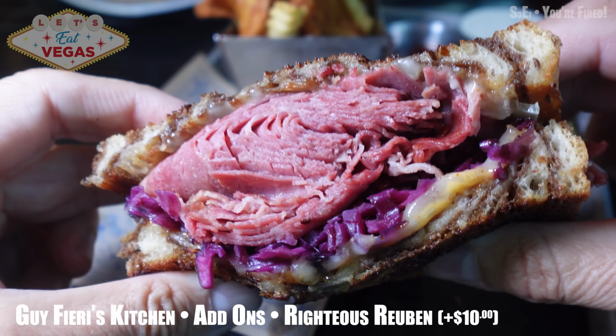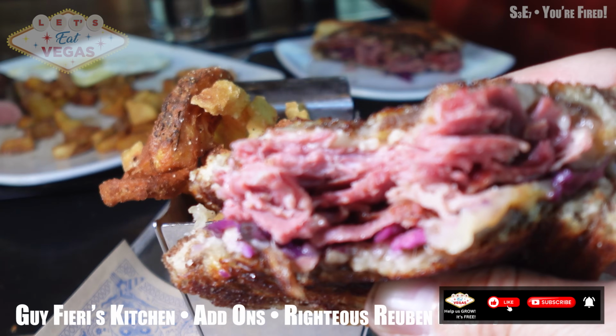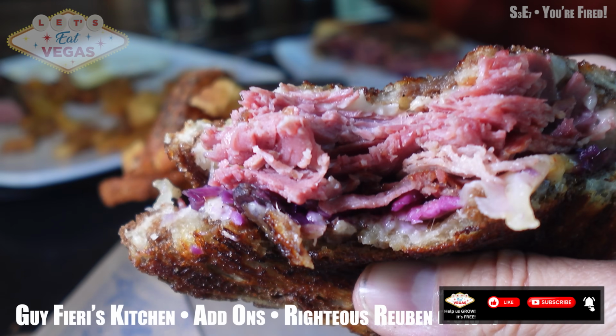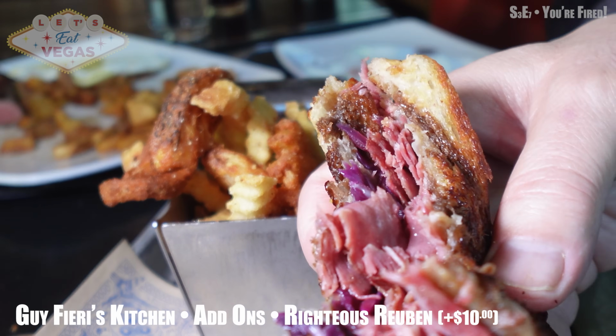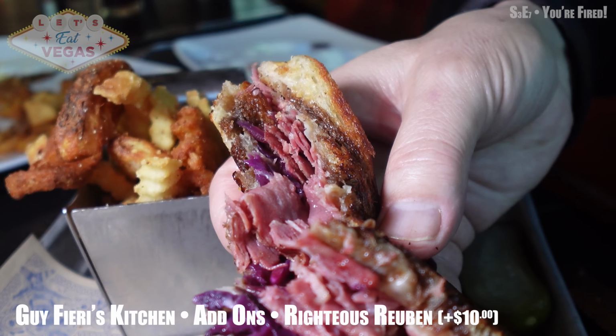The Gruyere cheese is, in my opinion, the king of Swiss cheeses. Its refined cousin, aged longer and with a deeper, nutty flavor that melts beautifully. This Reuben is righteous, all right, and sassy, with Guy's spicy sauce, an extra twist I didn't see coming, but